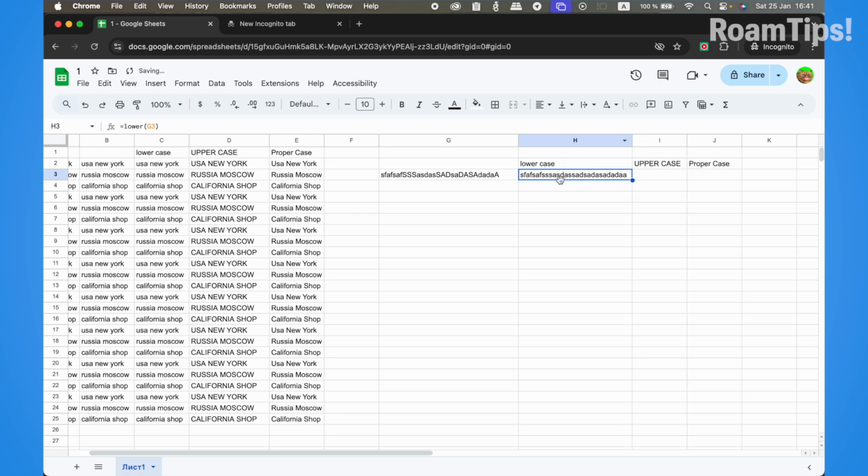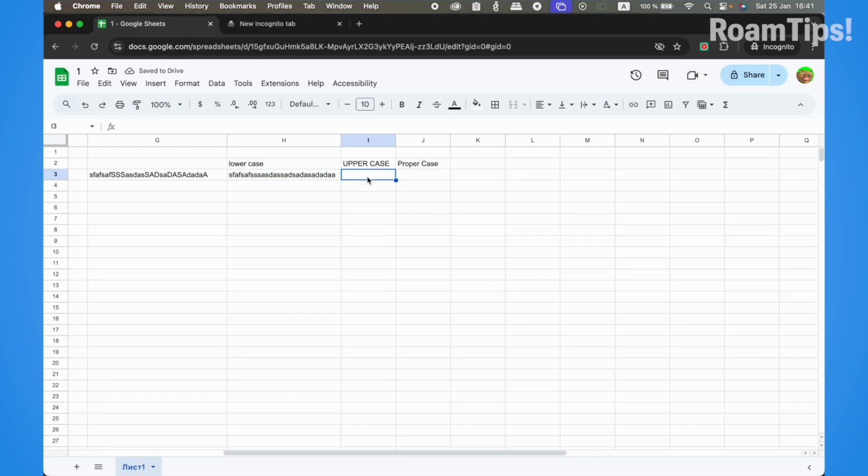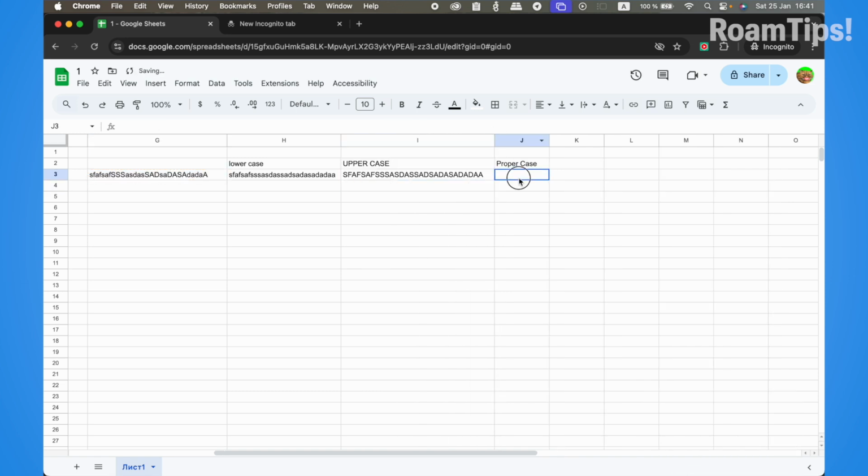It's good work. And uppercase, right, upper, open, click, close and enter, okay, nice. And proper case,